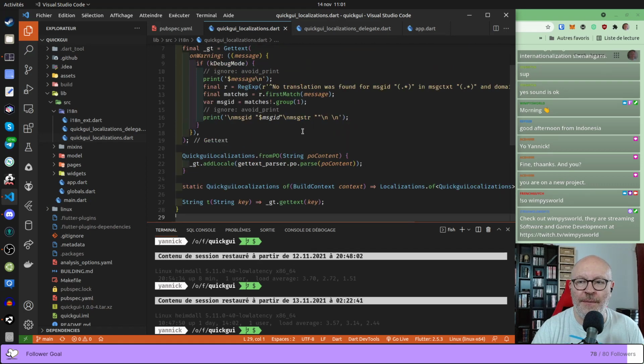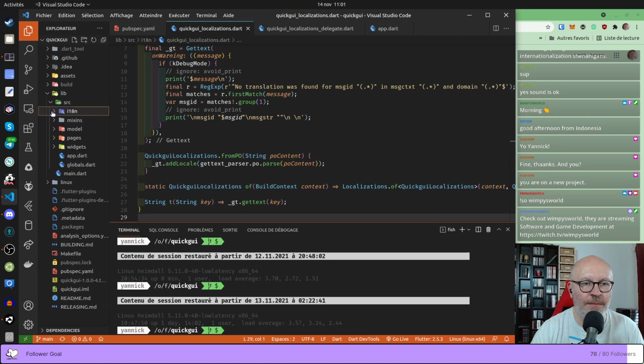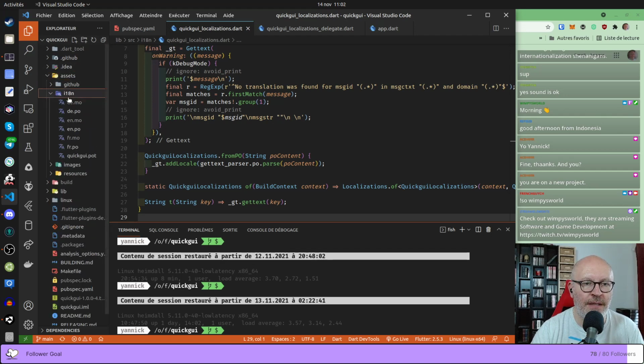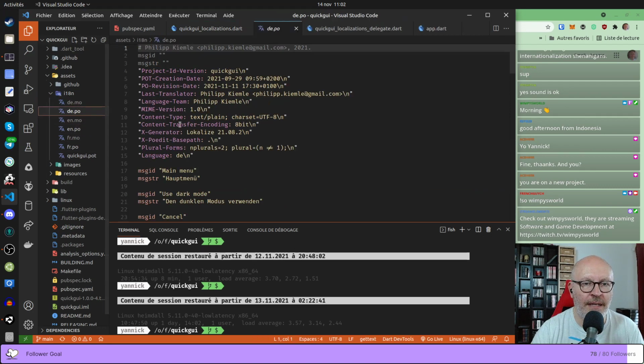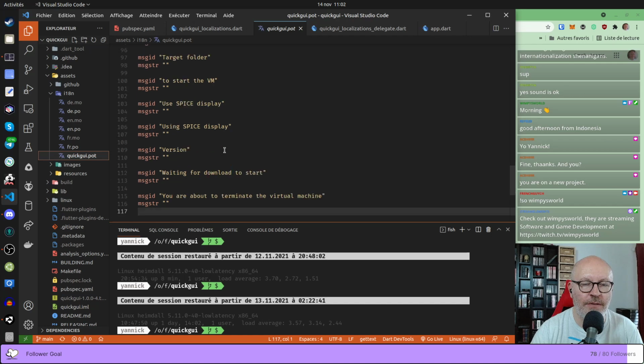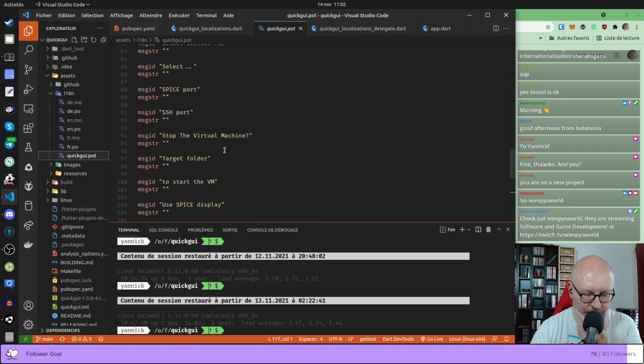Right. So we were having a look at the internationalization stuff. So yeah, we're falling back on English if we don't have the language files. And so in our asset directory, in the i18n directory, we got all those files. And if we take, that's the template. So that's what you're going to load into a program like